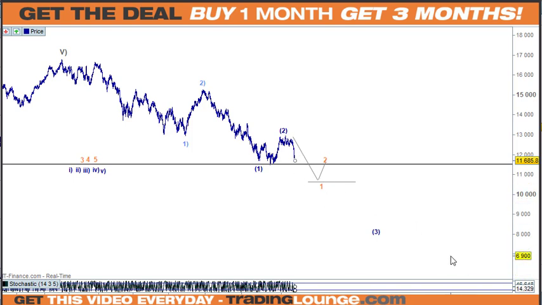So there's a couple of things here. We're also looking at, so we need to understand this little move here in a couple of different ways first. So let's just go and do that. So anyway, this is the bearish count. And I guess in one way too, this is